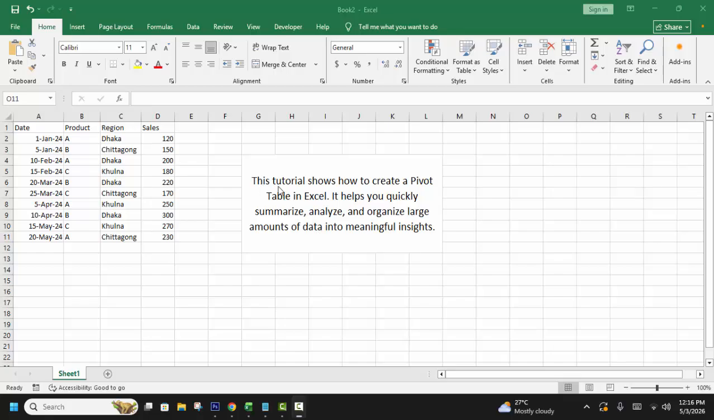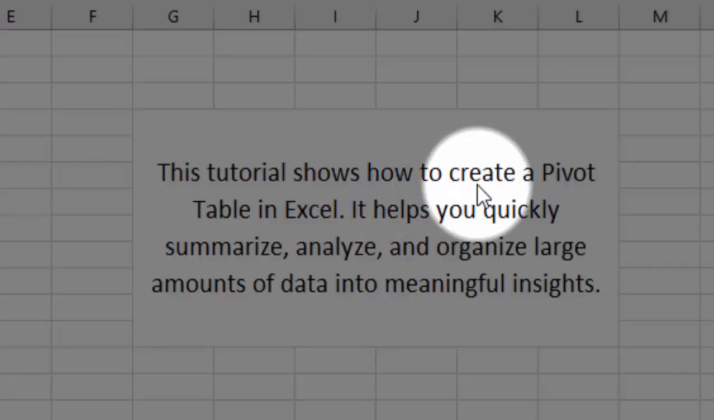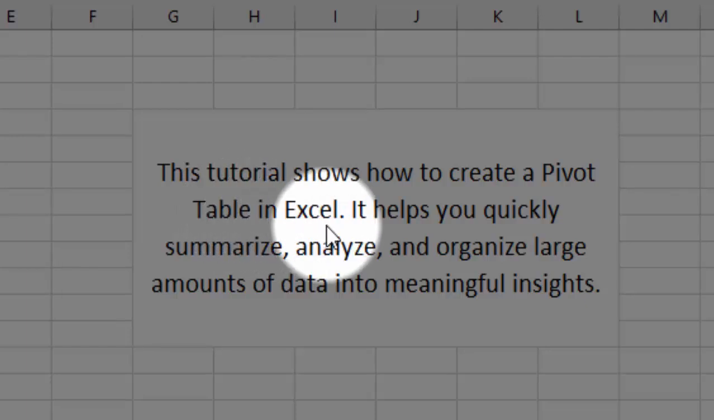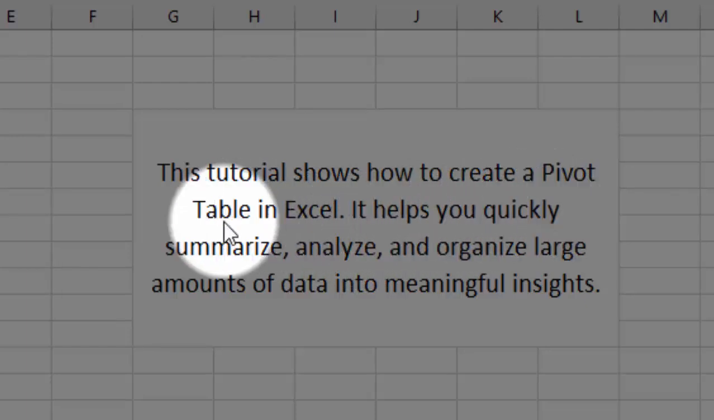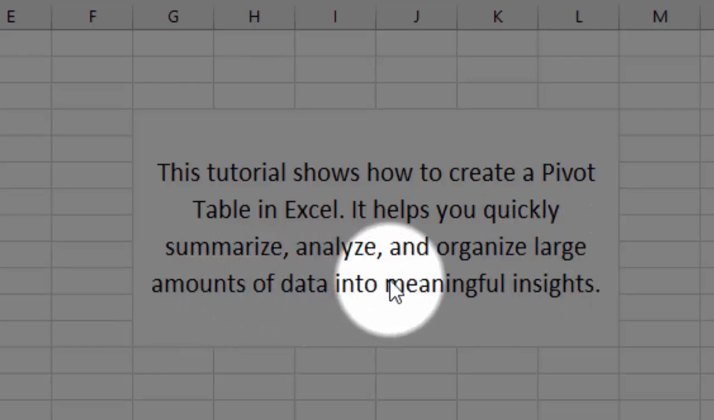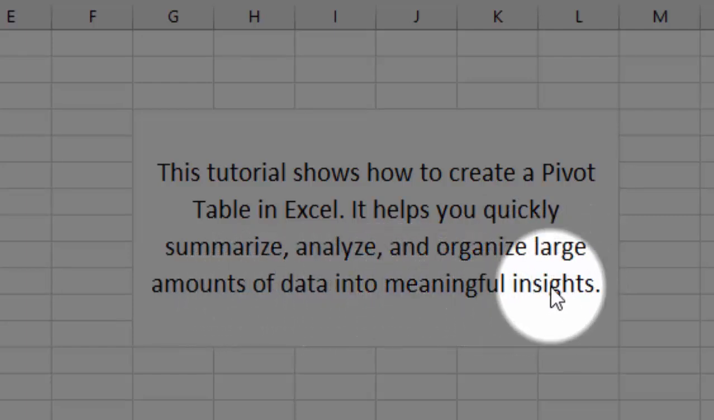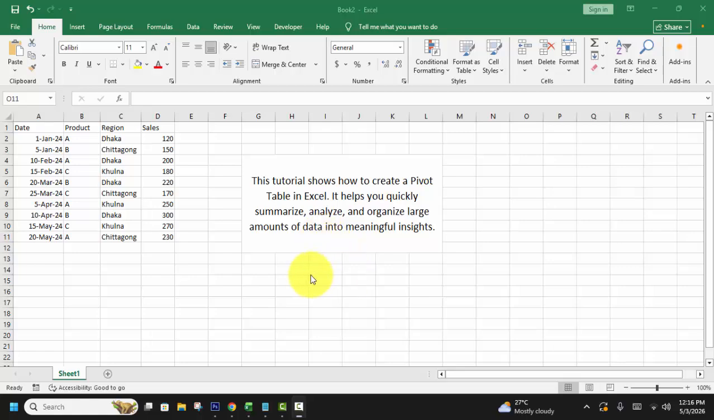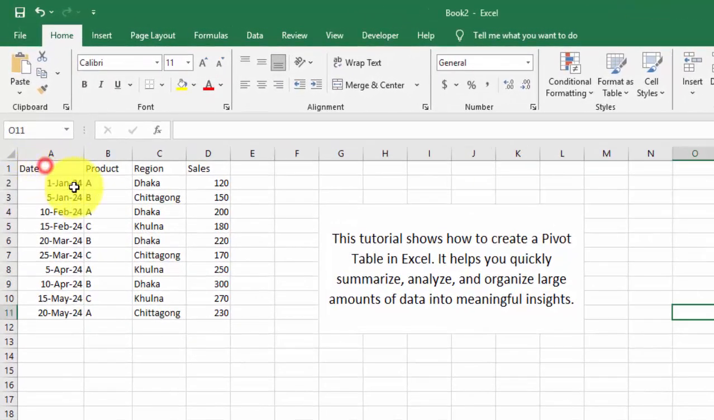Hello everyone. This tutorial shows how to create a pivot table in Excel. It helps you quickly summarize, analyze and organize large amounts of data into meaningful insights. So let's begin. First select data,